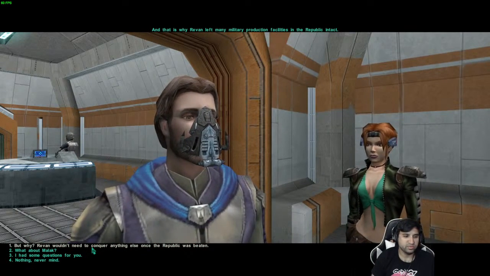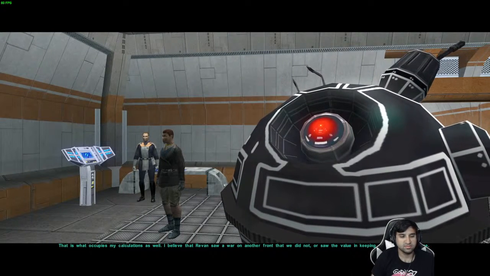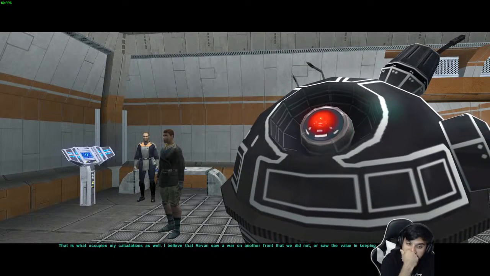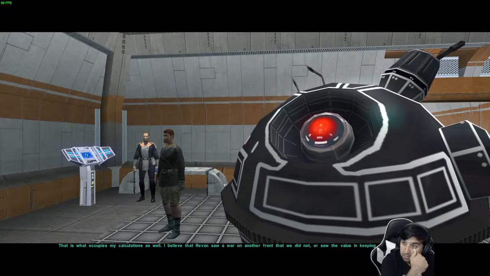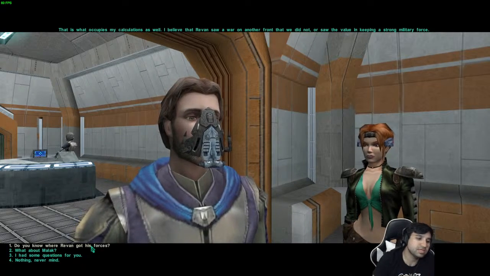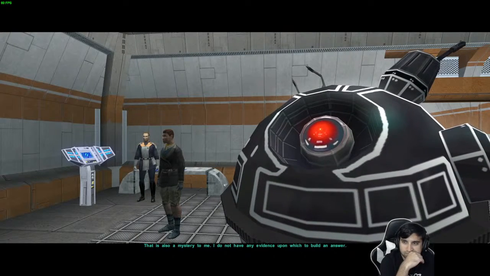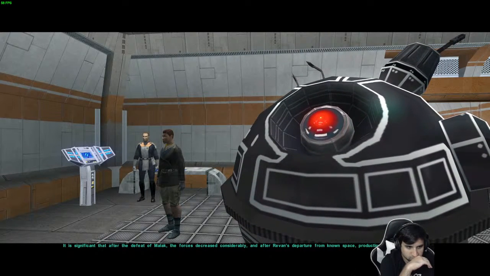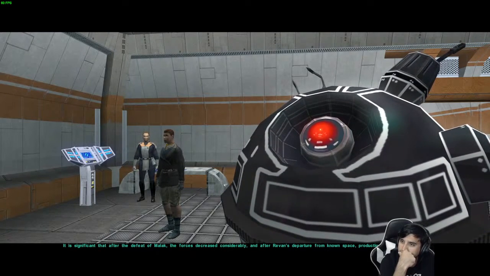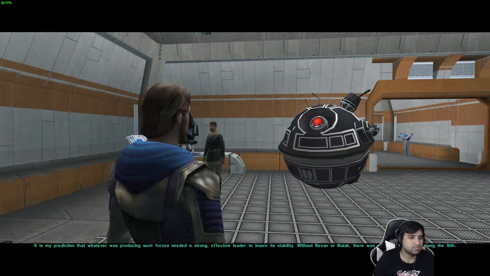But why? Revan wouldn't need to conquer anything else once the Republic was beaten. That is what occupies my calculations as well. I believe that Revan saw a war on another front that we did not, or saw the value in keeping a strong military force. Do you know where Malak got his forces? That is also a mystery to me. I do not have any evidence upon which to build an answer. It is significant that after the defeat of Malak, the forces decreased considerably, and after Revan's departure from known space, production ceased completely. It is my prediction that whatever was producing